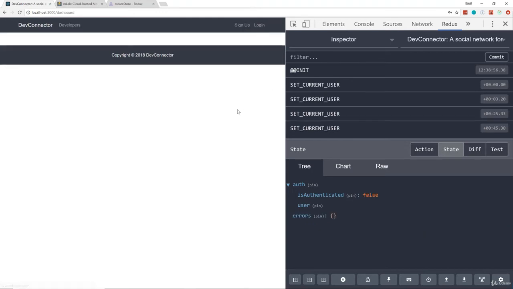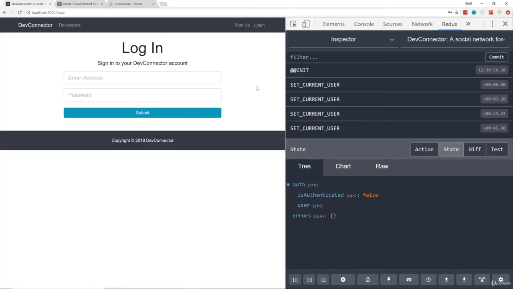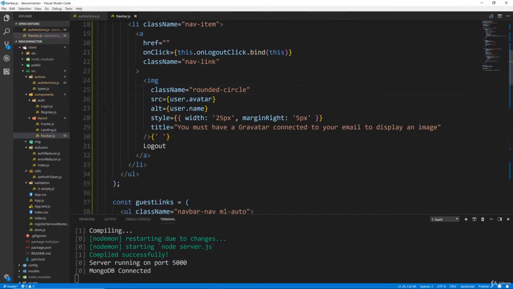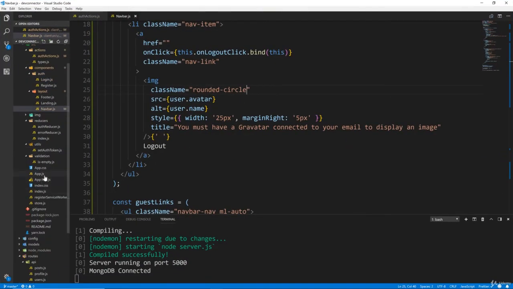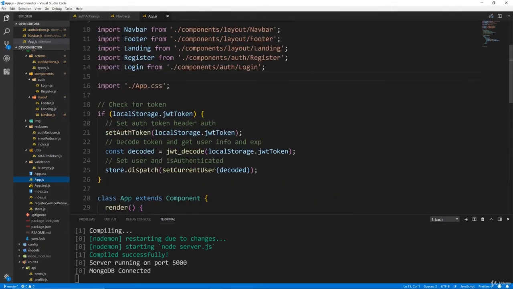So what we'll do is I'll log out here. It doesn't really matter. Yeah, let's go back to app. Let's go to app.js. That's where we want to do this. And remember right here where we checked for the token, if it was set, we set auth token. We called set current user with the decoded token, which is the user. But what I want to do is after this, I want to check for